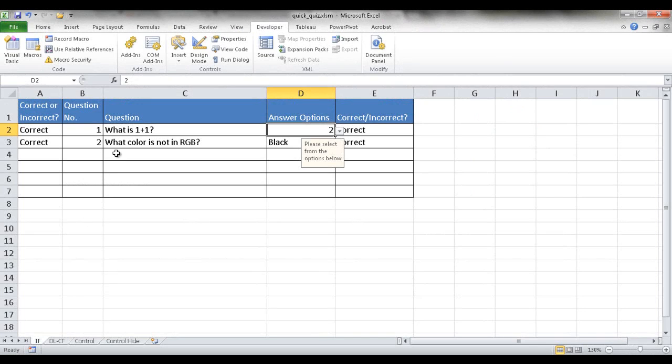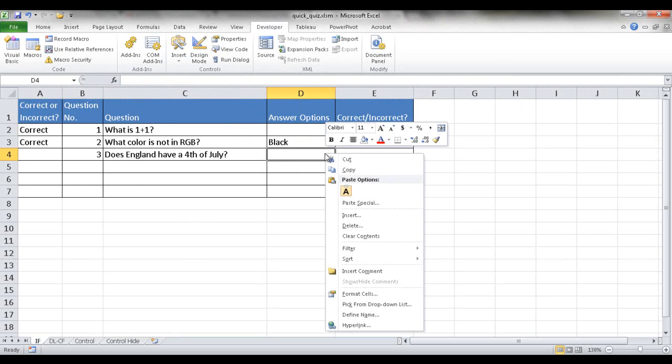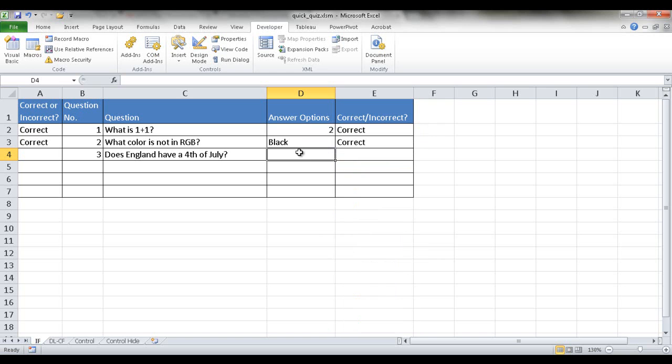So now we're in the if statement one. Let's make a question up. This will be question 3. Let's say, how about this question? Does England have a 4th of July? And let's say the answers are, we're going to put in our answers here, and we're going to do a